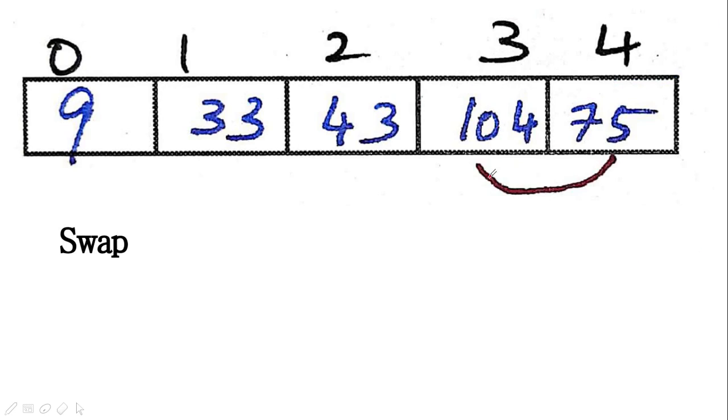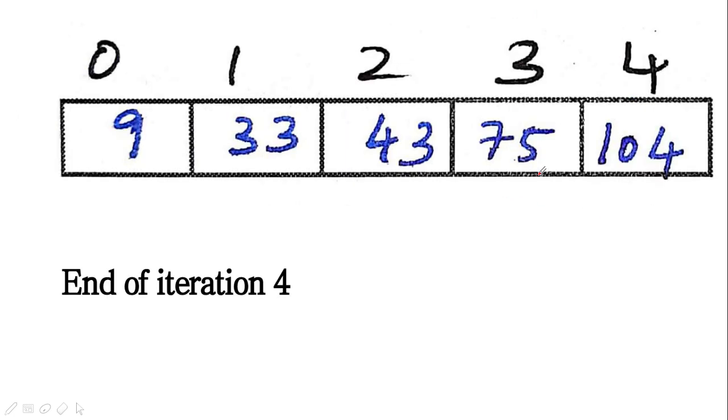Okay, I compare it with the right one, it is not in order, so you swap it. Okay, I will stop. This is the end of iteration 4. So here also you can understand that it is an iterative process. If n is the number of elements, then you have to do it n minus 1 times, and in each iteration, you start with an element and compare it to its right. I denotes the position currently being focused, which gets the correct element.